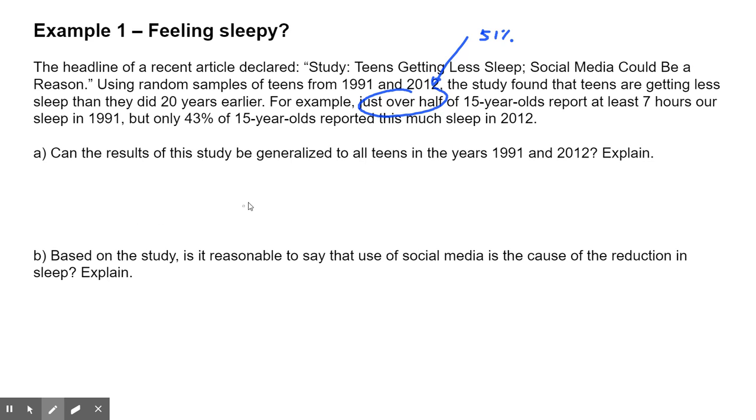A, can the results of this study be generalized to all teens in the years 91 to 2012? Explain. So when you see the word all, that means population. So the question is, can you generalize this to the population? Well, the only way is if there was a random sample, or random selection. And if we take a look here, using random sample of teens from 1991 and 2012, yes, they did do random sampling. So yes, we can generalize this to the all teens, the general all teens in the years 91 and 2012. So again, we say yes because the study